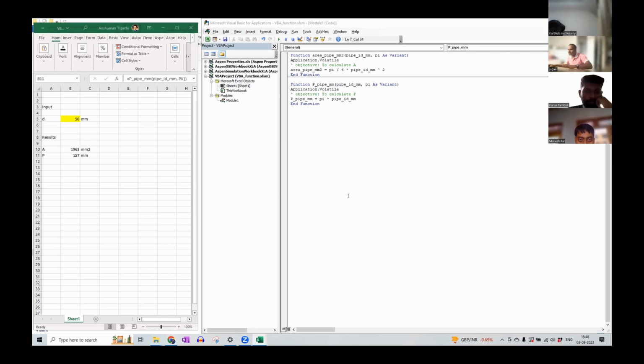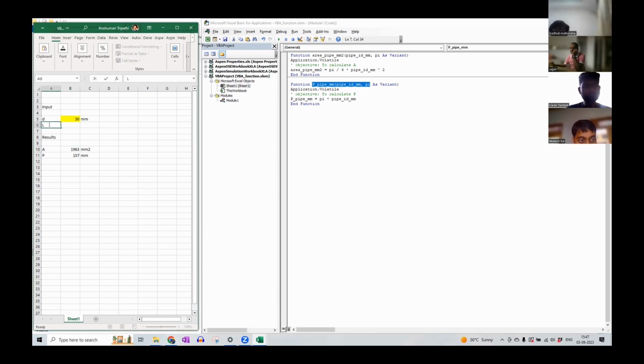Okay. Now whatever you have calculated in B10, 1963, please go to that cell, B10. And change the name of this cell to A_mm2, area_mm2. Enter. All right. And now if I want to calculate the pipe volume, what is the formula for pipe volume? It's a cylinder. So it is area into length. Pi by 4 is correct. No, area into length, right? Area into length. Yes. Okay, so go to A6,